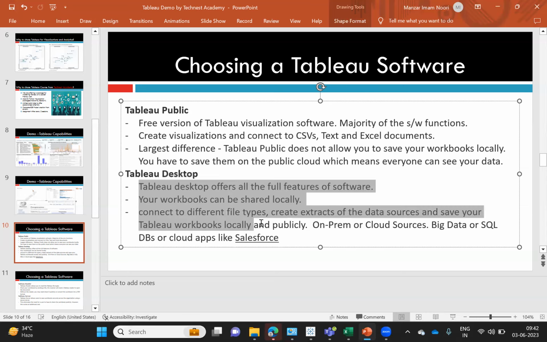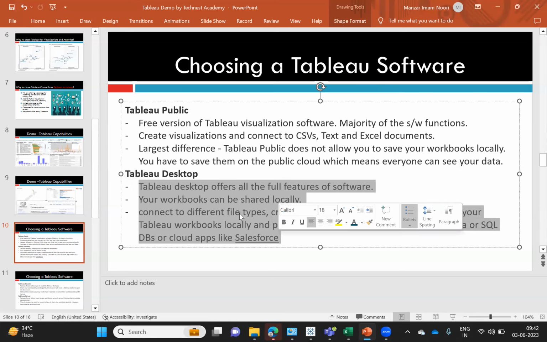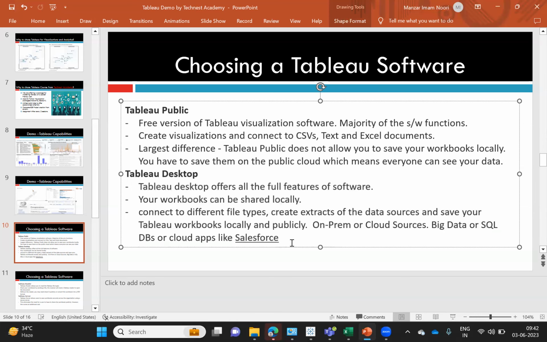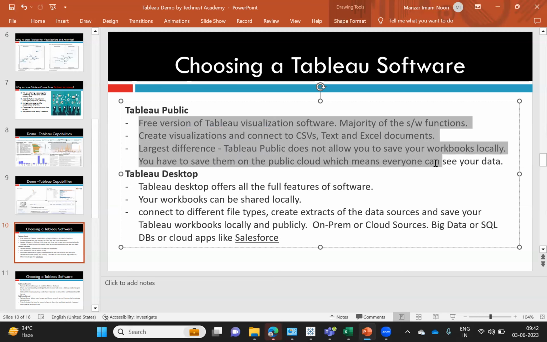Here we have only a 1 year license, so you can save your files on your local machine and connect to different data sources. But in Tableau Public, you will not have all the capabilities. Connection is limited to files.